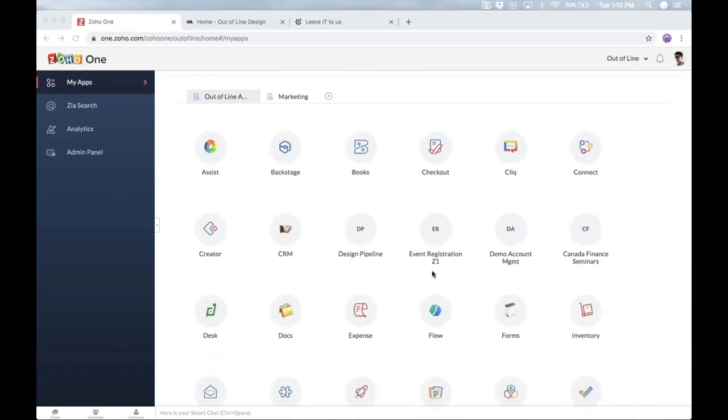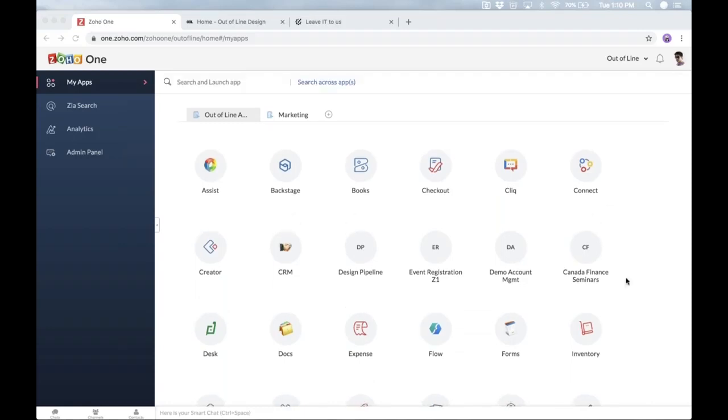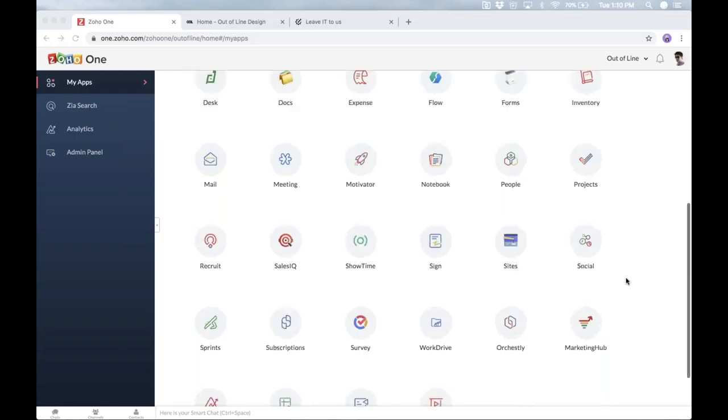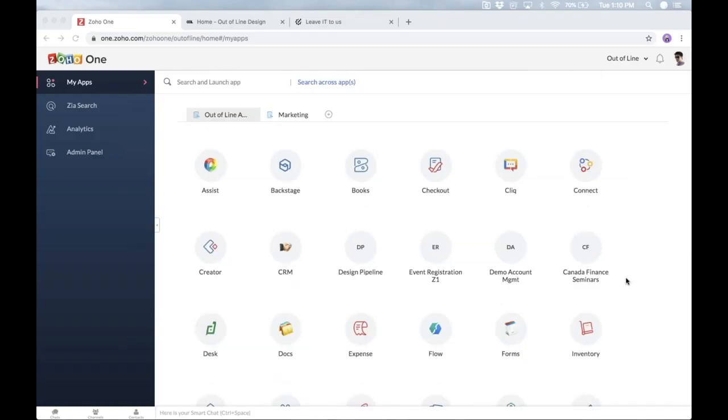This is the launcher screen in Zoho One. So once you go in and turn on the applications that you want to use and you assign them to different users or employees in your organization, these will appear on each individual user's launcher screen. I have a whole bunch of applications here because this is my demo account, and I always am kind of showing a whole bunch of different things. So maybe you would have as many applications turned on, maybe you'd only have a few. It really just depends on what you're doing. So this is Zoho One,